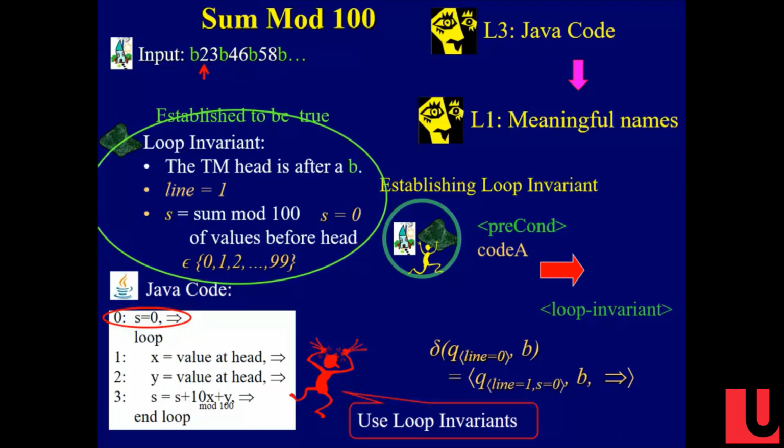So what are you going to need to do in the test? You're going to need to say how you establish the loop invariant. There are two ways to establish it, depending on whether my head moves. If my head doesn't move, then just have the start state be whatever you need it to be to make the loop invariant true. Does that make sense? You just go there.